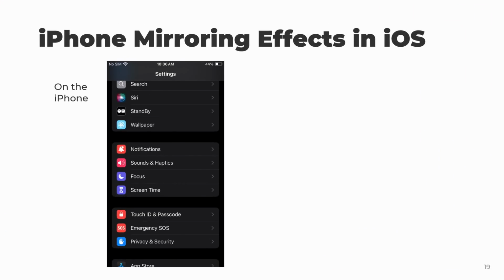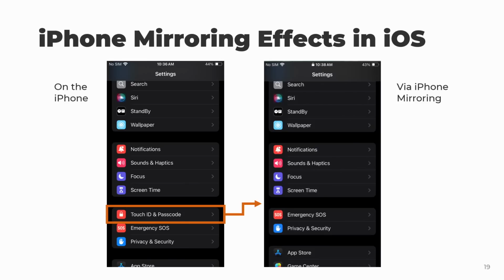Before that, let's look at how they actually implemented all of this and what impact iPhone mirroring has when you're using the iPhone. Again, this is an example I already told you about a moment ago, which is that you cannot change your Touch ID and passcode. So in this case, it's an iPhone with a fingerprint sensor, but it could also be Face ID. You can change these settings while you're remote controlling the iPhone. And apparently, the settings app seems to be aware of the fact that the iPhone is being remote controlled, but